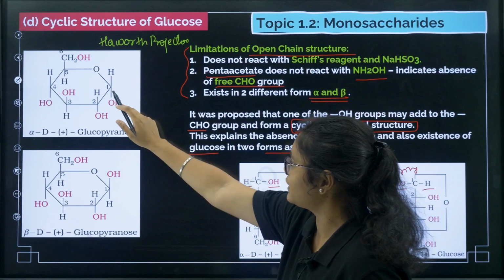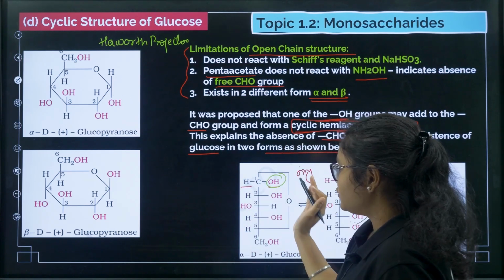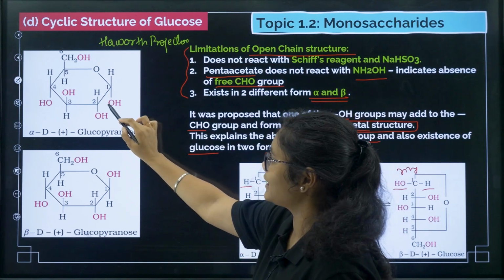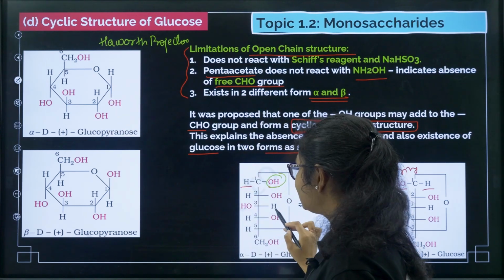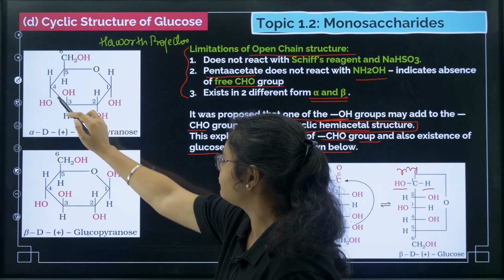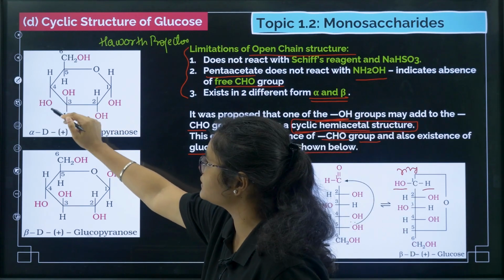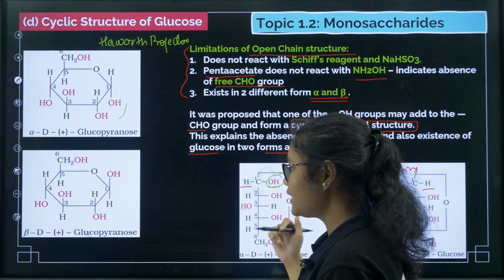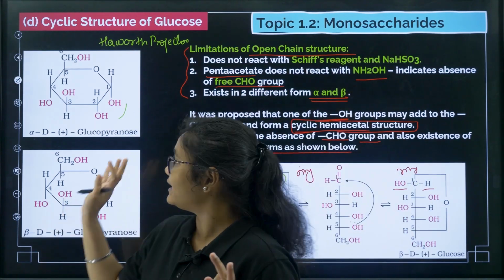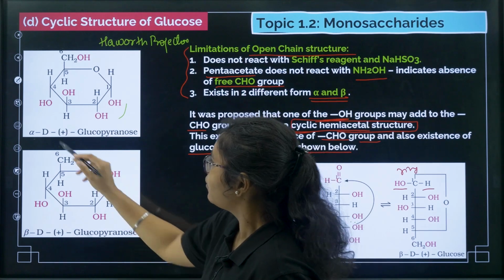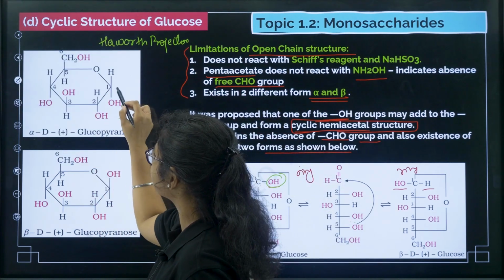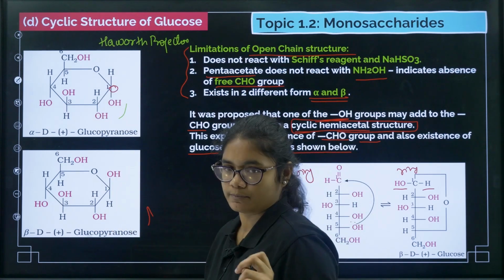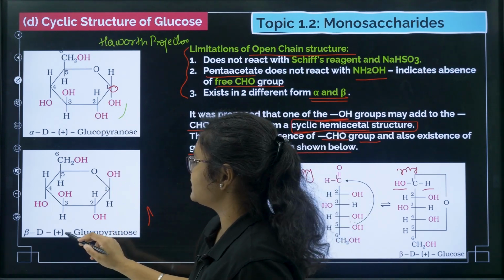Now you see, this is C1. OH is present on the right hand side, so OH is down, H is up. Next one, again OH is present on the right hand side, so down, up. Next you see H is present on the right hand side, so H is down. Fourth one, OH is on the right hand side, so OH is down. Like this you can draw the structure of alpha D glucose. Now similarly, everything else is the same, only this carbon configuration changes. OH goes up and H comes down, and this particular conformation is called beta